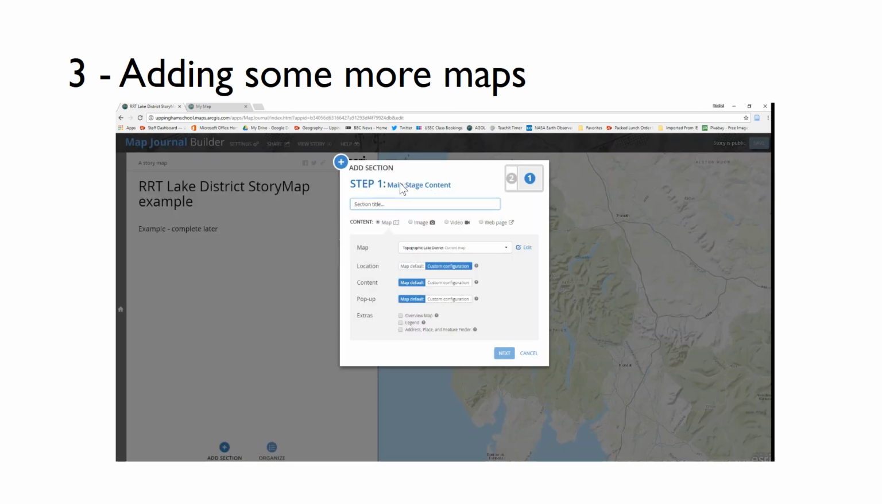And when it says main stage content, as you can see, that refers to what's going to be occupying the main section of your story map, and then secondly, what will be perhaps down the left hand side. So here, let's say I want to have perhaps something to do with the ice extent at the end of the last glaciation. It's going to be a map,